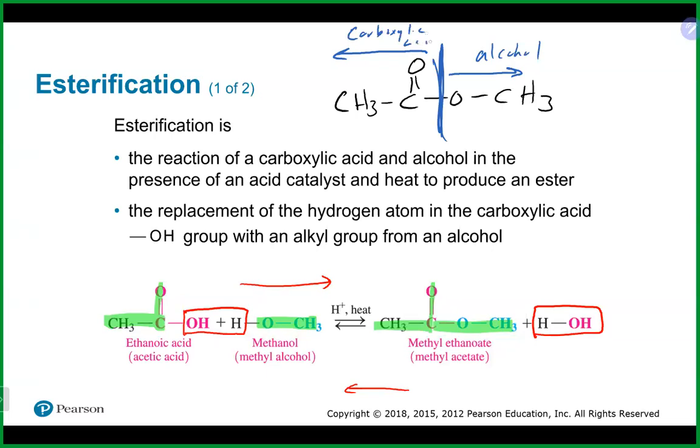So how do we go about naming it? Well, we go with the alcohol part and we name it as a group, as an alkyl group, right? And a 1-carbon alkyl group is known as a methyl, right? So that is where the methyl part of the name comes from. It comes from the alcohol part. The other part,